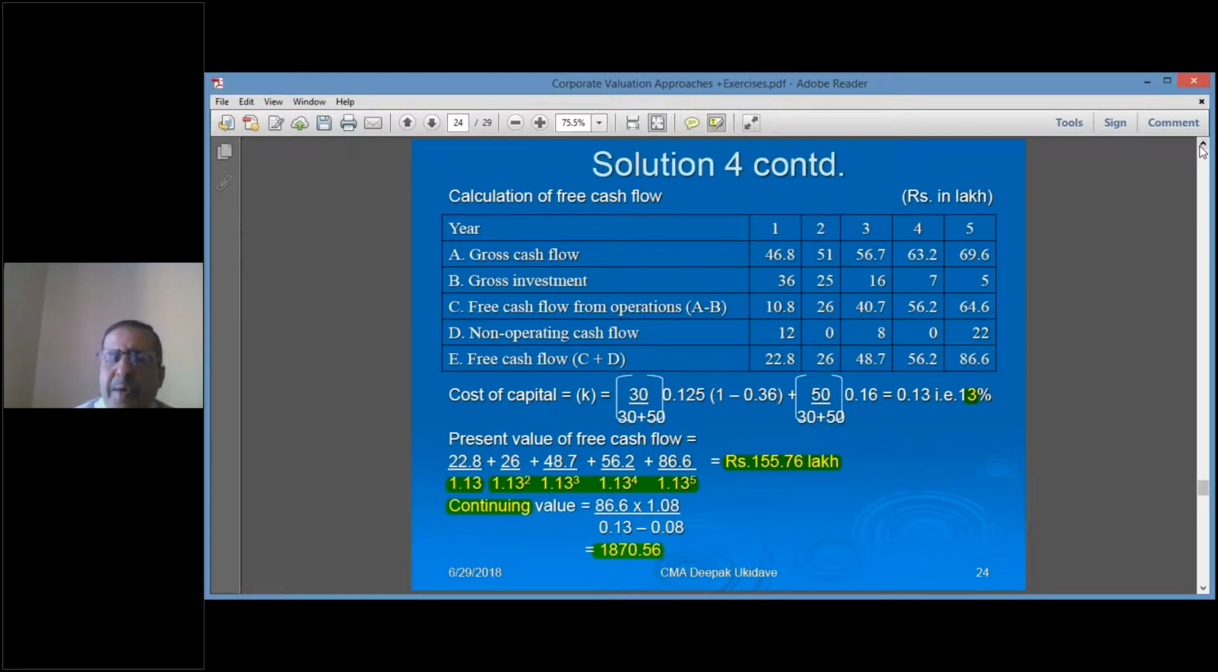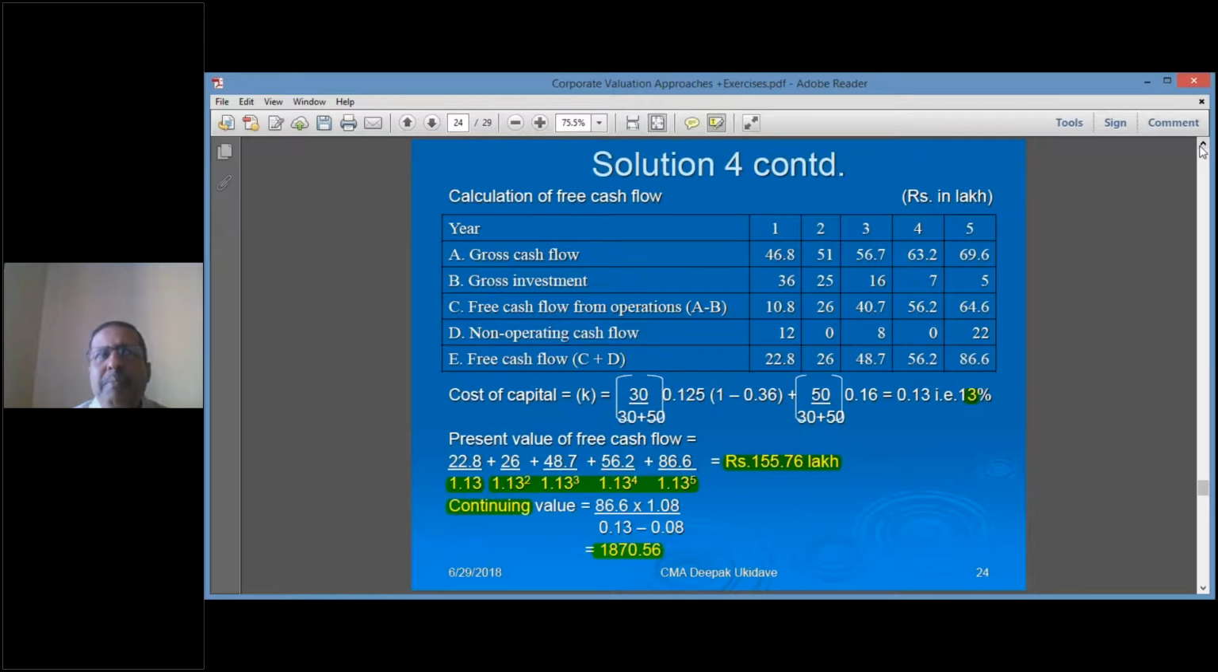And finally, write the formula for value of the firm. That also I am dictating. Value of the firm under FCFF approach is equal to PV of FCFF, write in short, PV of FCFF, plus PV of TV. TV is terminal value, or you can also say PV of CV, continuing value, plus PV of CV or PV of TV. I repeat,